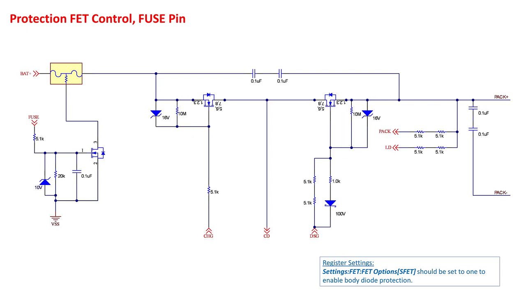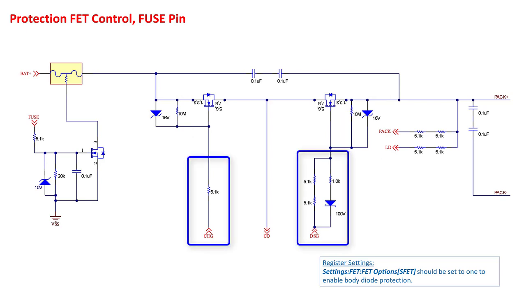Here we also show the FET gate resistors used on the evaluation modules. Smaller resistor values can be used for faster turnoff, but switching the FETs too fast can result in damage, especially with the transient response of a short circuit event. On the discharge pin, in this example, 10K is used for FET turn-on, while for the FET turn-off, 1K in parallel with 10K is used, which results in close to 1K for faster turn-off.